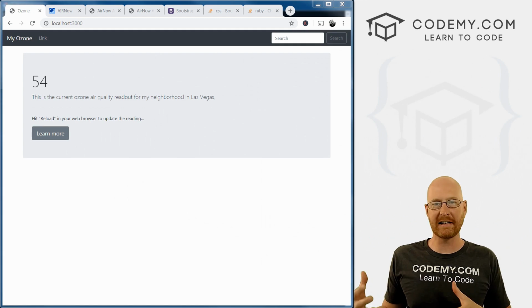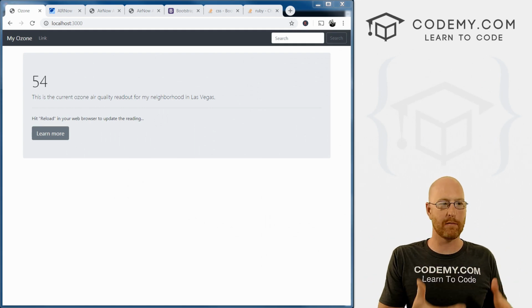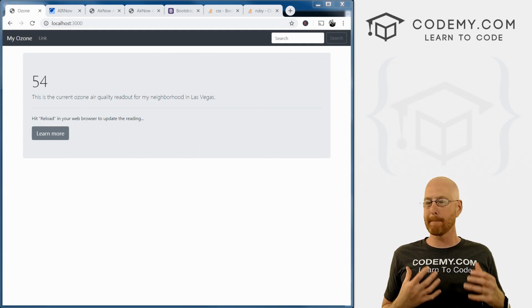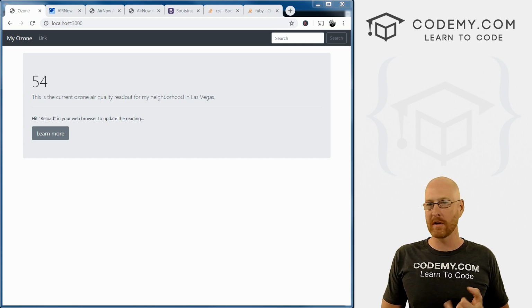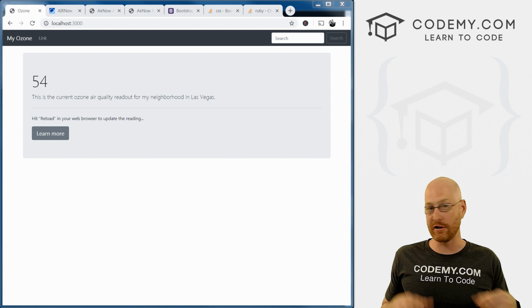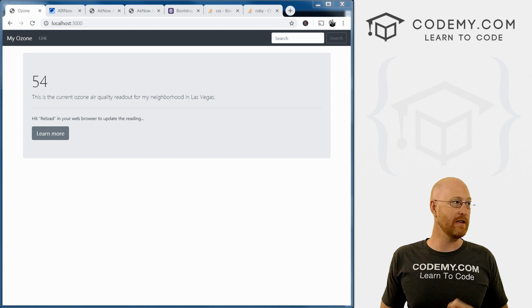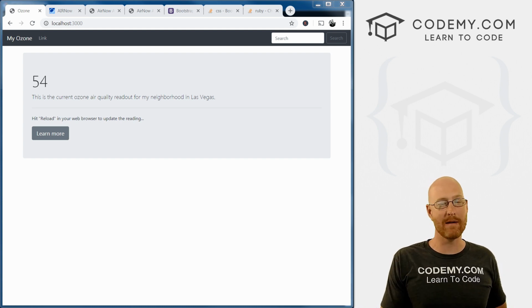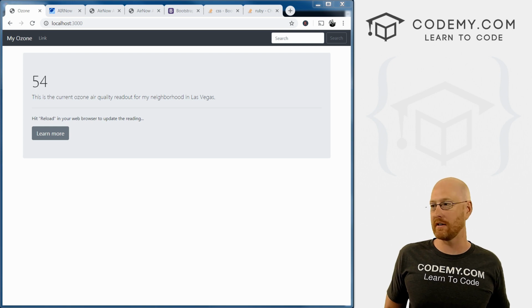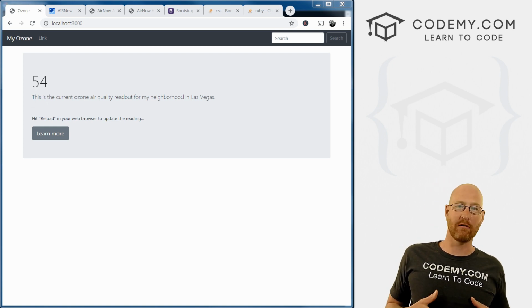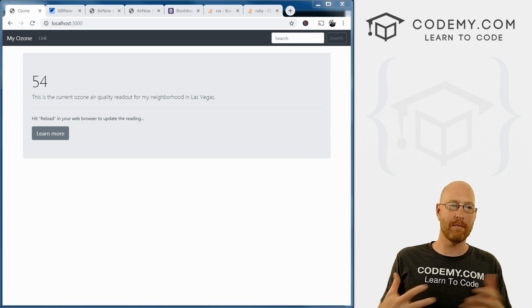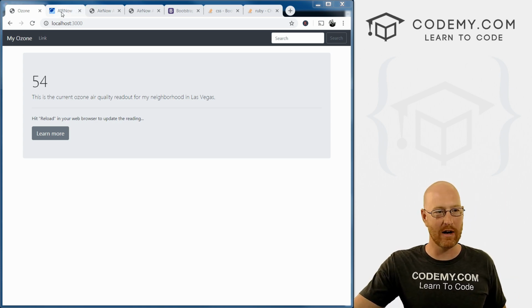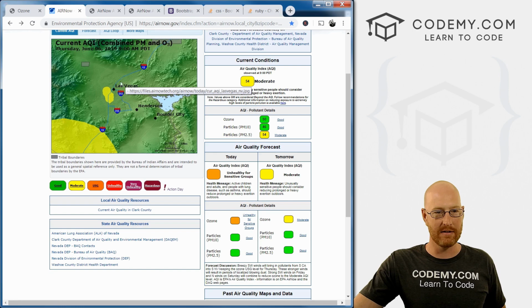Okay, so we're connecting to the API, we're getting a result, we're putting it up on the screen, everything's fine, but we could have errors along the way. There could be all kinds of things that go wrong. For instance, the internet could be down and you can't connect to the API. The API website itself might be down. You can't connect to it. You might have put in a wrong zip code or something. You can't connect to it. So we need to bake in a little bit of error handling into our app